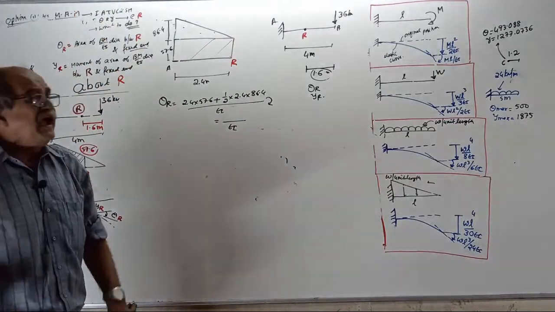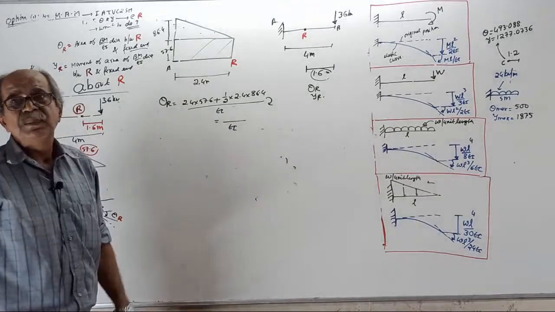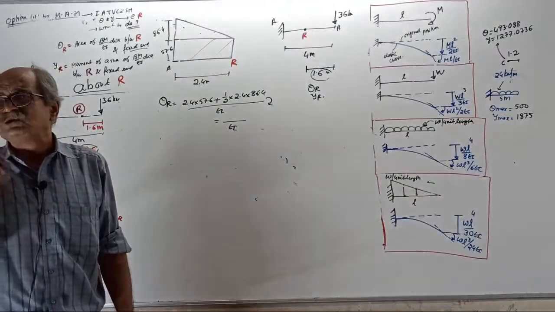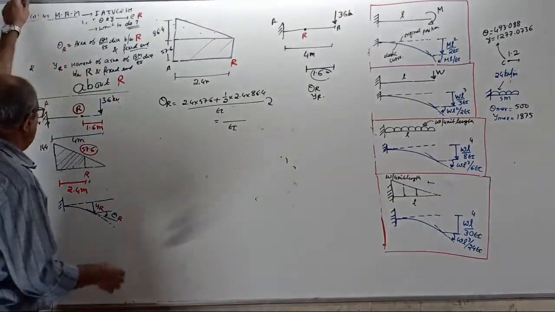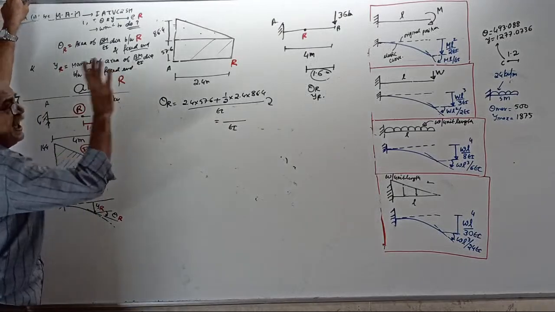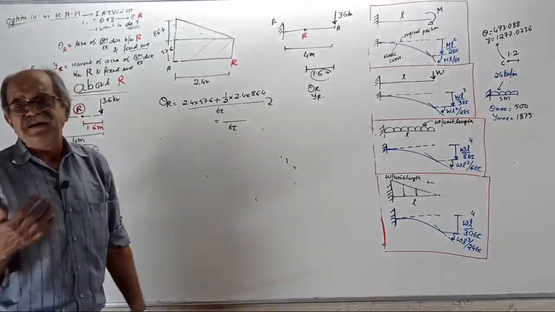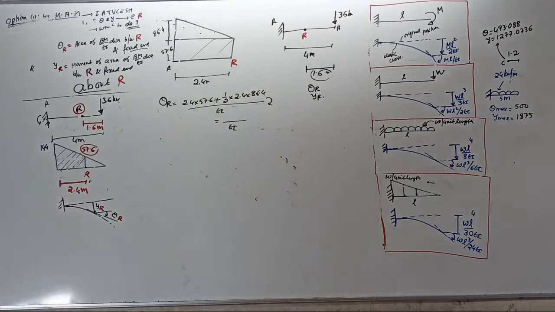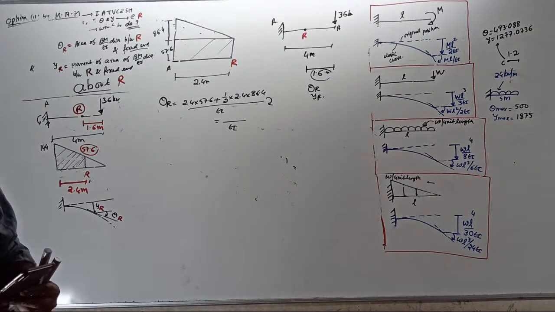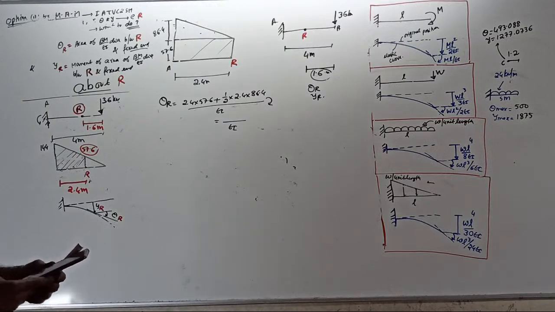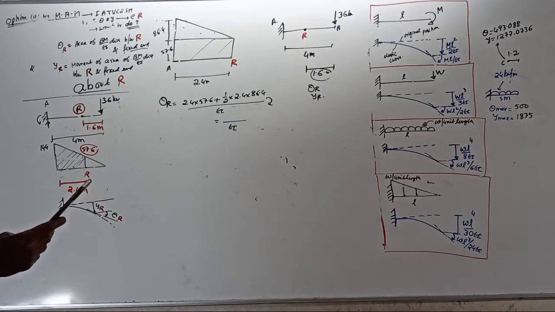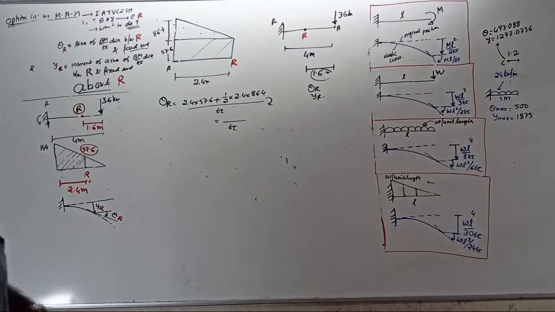In the exam they will ask only slope, they will not ask both slope and deflection. So divide and get the answer. It's a question of 20-30 seconds. What is the answer? 2.4 into 57.6, 241.92. So slope is